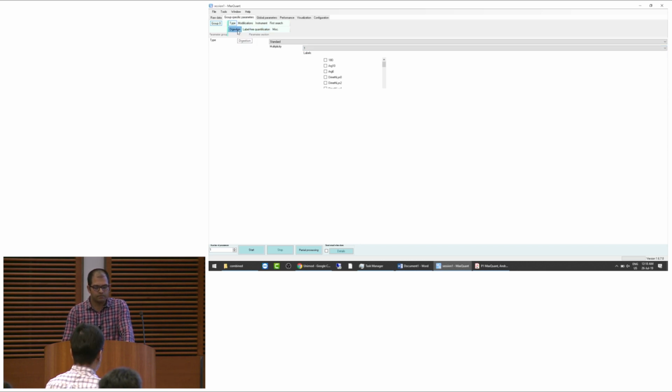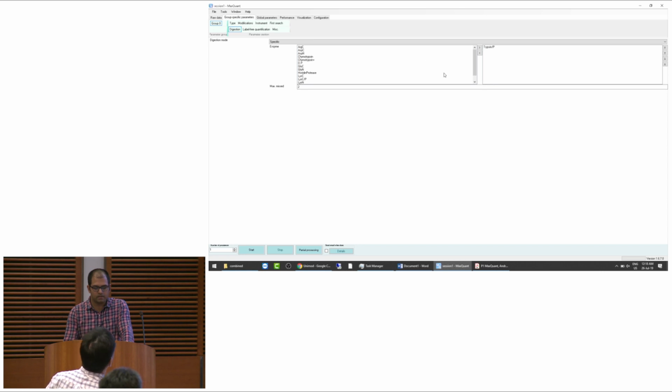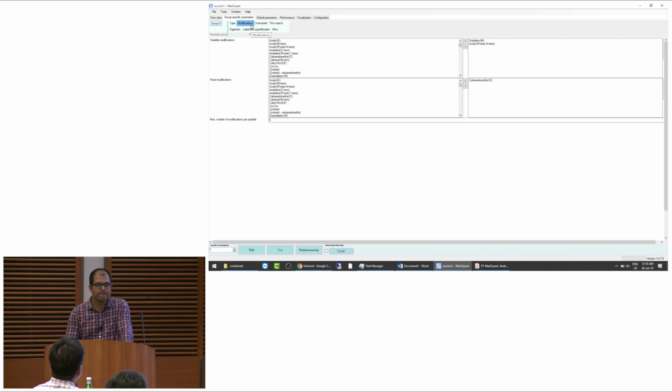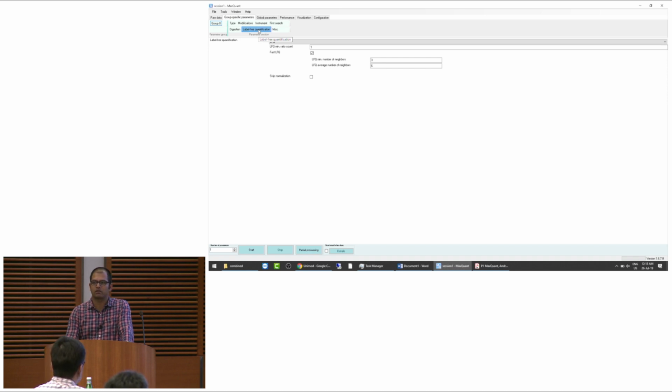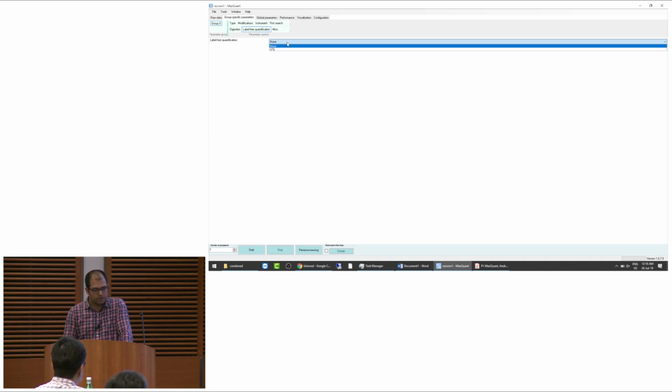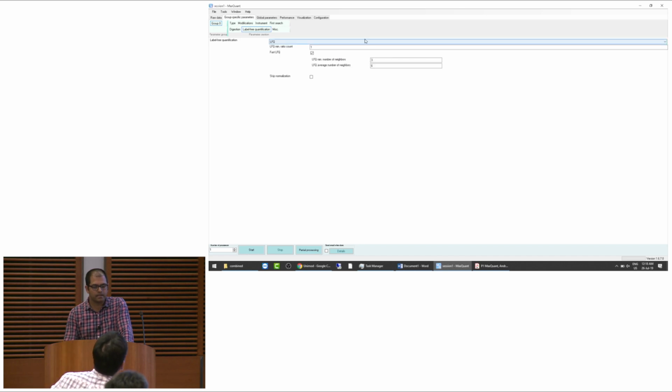Then digestion, we use the standard settings because it's trypsin, so we leave it as trypsin. Specific and maximum cleavages is 2. Modification, we use the standard. Then we have label free, and this is where we actually change. So previously it was at none, and we select the label-free option, and we select the minimum ratio count as 1, just like